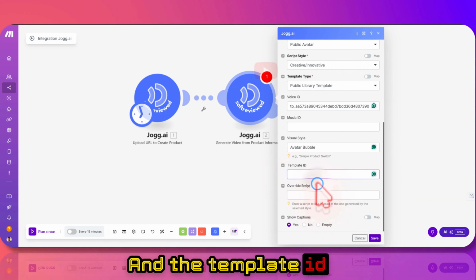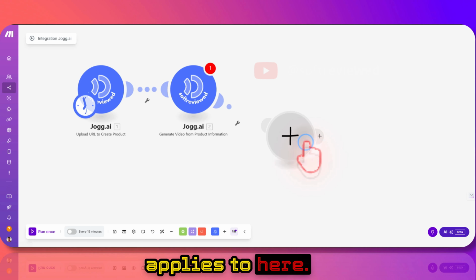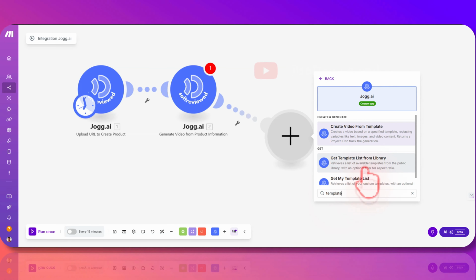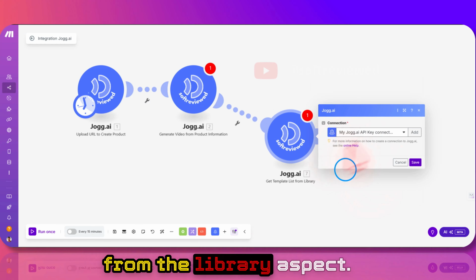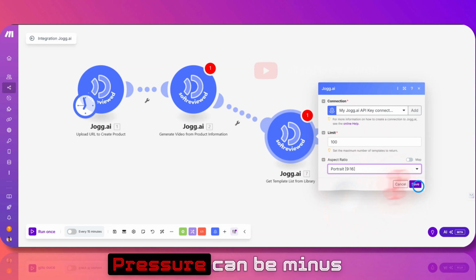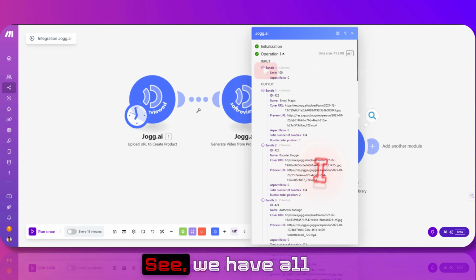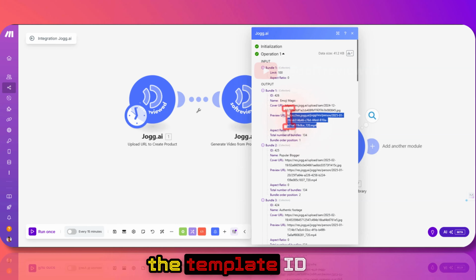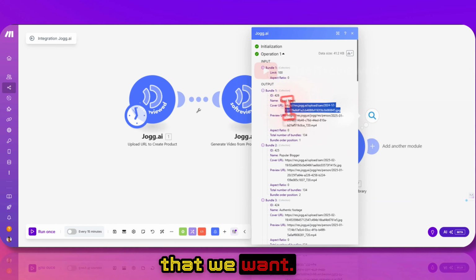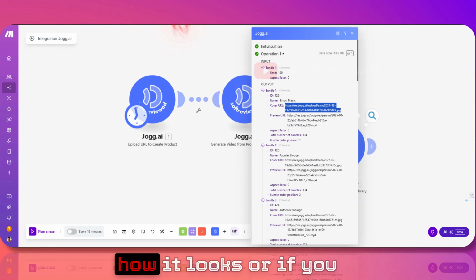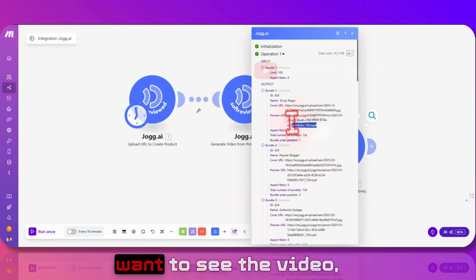And the template ID, the same applies to here. We can just select for template from the library. Aspect ratio can be 9:16, and just run this. See, we have all the template IDs that we want. If you want to quickly check how it looks, you can select it, or if you want to see the video how it looks, you can